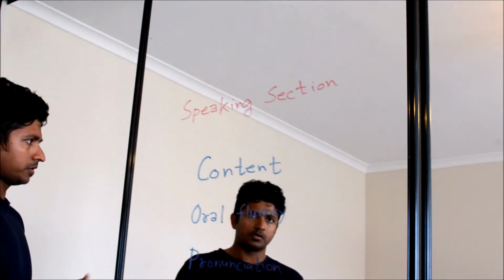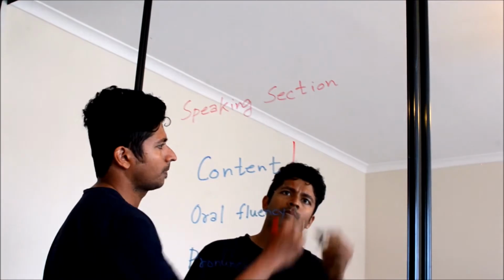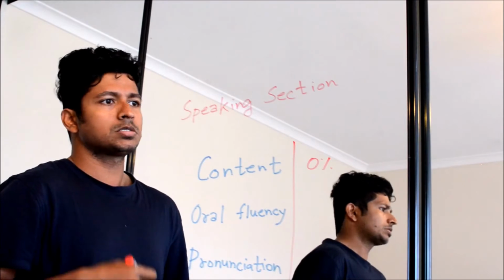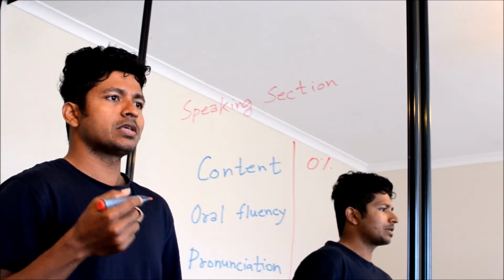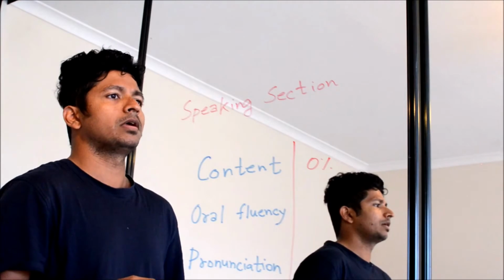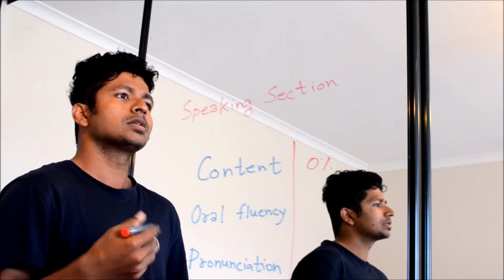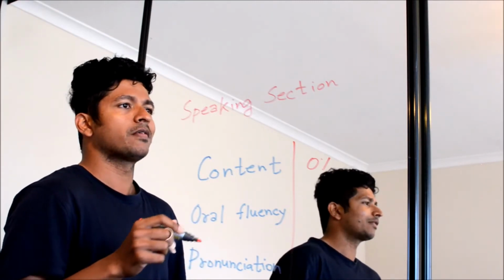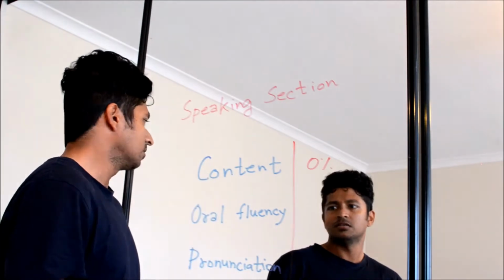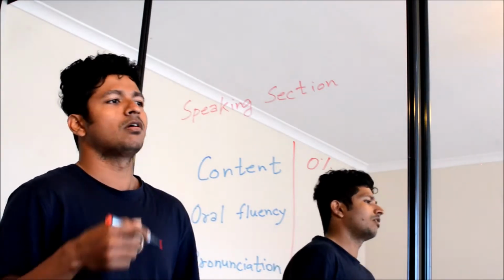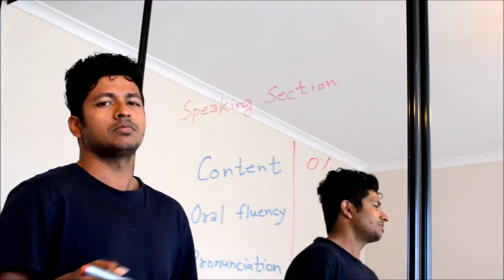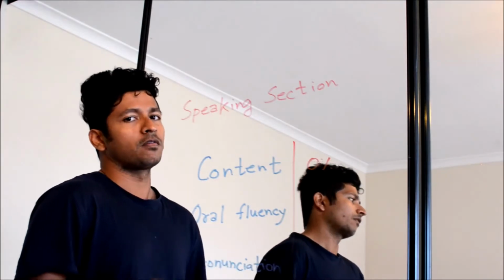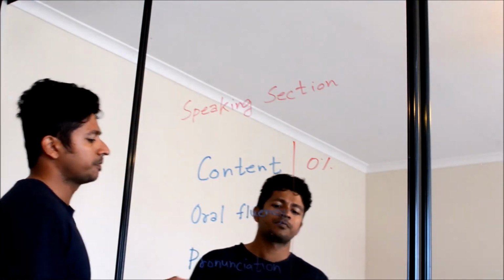And then I tried: forget about the content, just speak. If there is a section where you have to speak about something related to education, then just say something around education. Do not try to be as accurate as possible. Just maintain your fluency, speak all the time. You have 40 seconds, so use all the time, just speak. Do not stop, do not hesitate, and try to say as many words as possible.